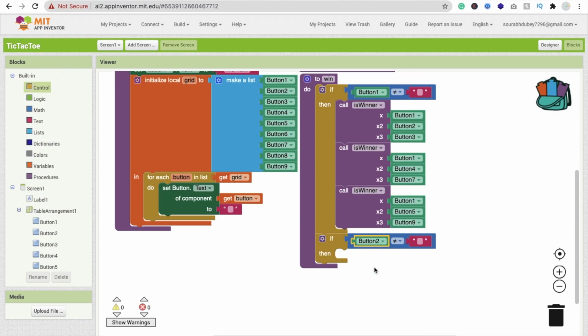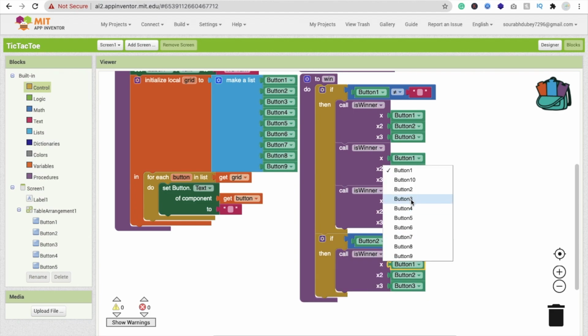If button 2 is not equal to null, then we have to check here condition. Then we will just call this one procedure, but we have to change the value. It means first one should be button 2, then button 5, and then button 8, right?